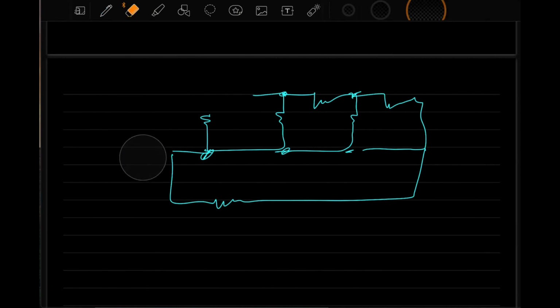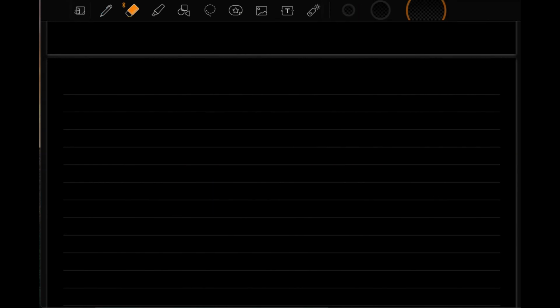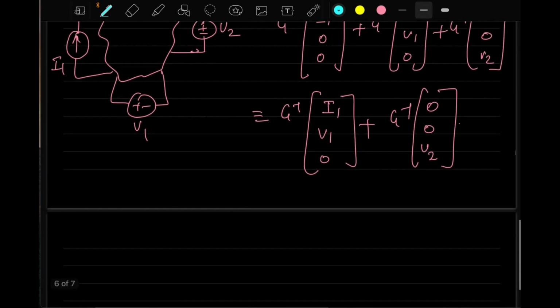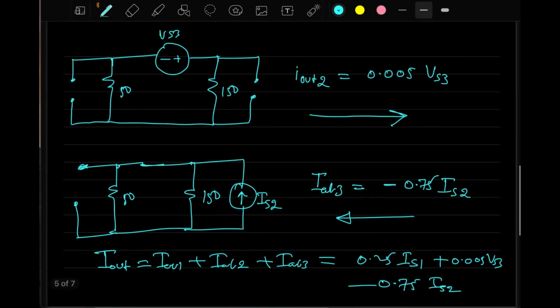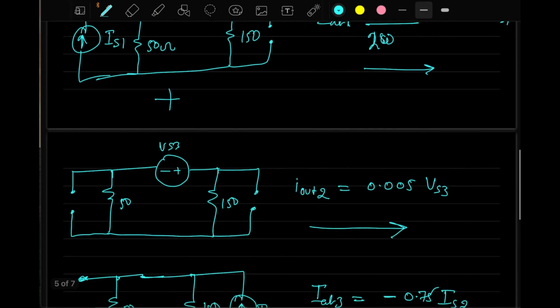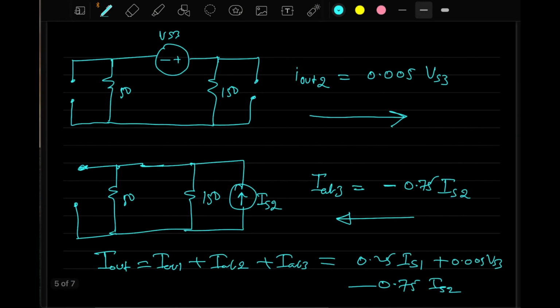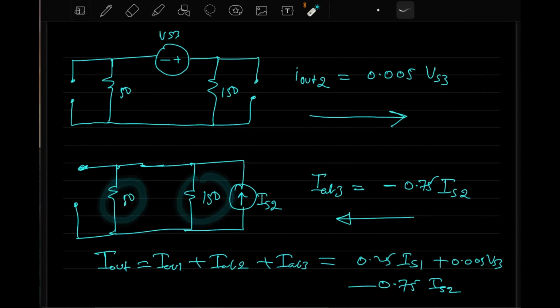And sir, I did not understand: even if the R network was the same, why in the first one we got 0.25 and in the last one we got 0.75? Okay. So here you see these two are parallel networks, right? Let me show it. Here you have 150 and then you have 50, and you are actually calculating the current in this branch, whatever is going through this 50. So these are two parallel resistances.